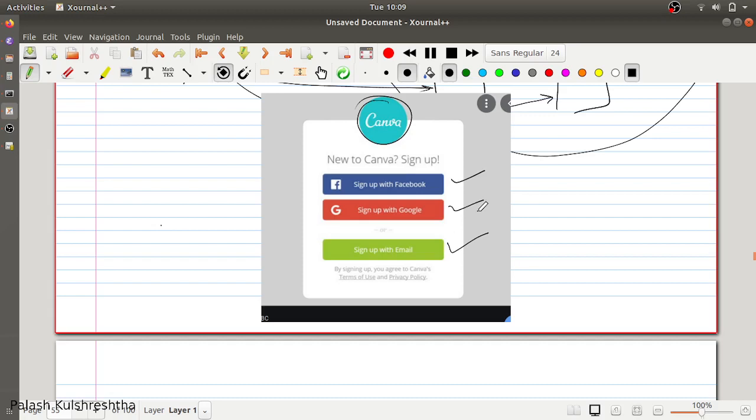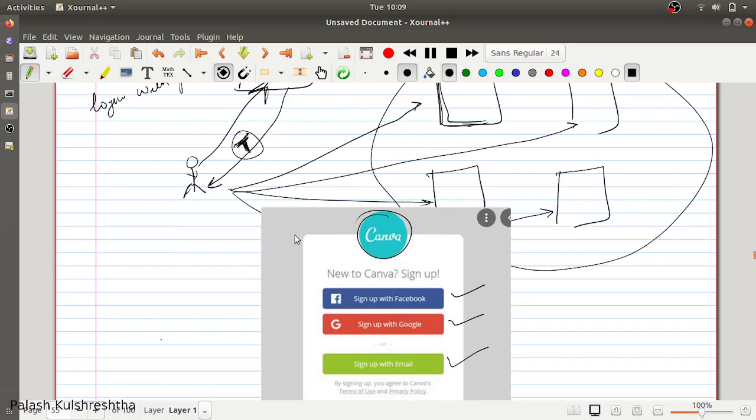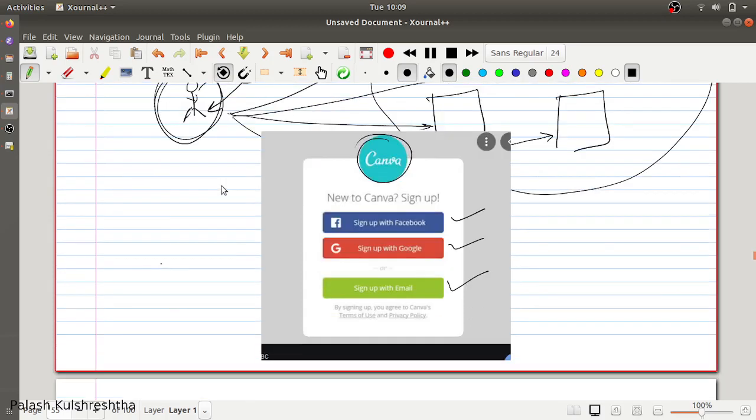In this way, they are using a single provider or multiple providers, and they are trusting multiple providers along with their own, so that the user does not have to do authentication again and again. They don't have to remember the password. It provides ease in login and user experience.